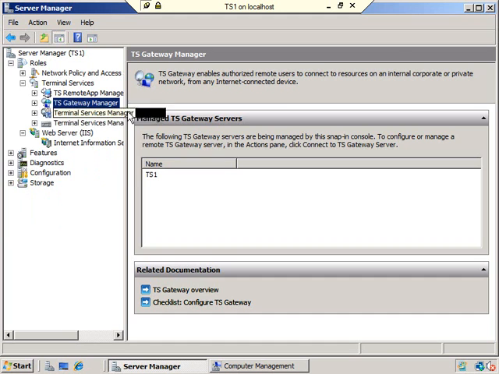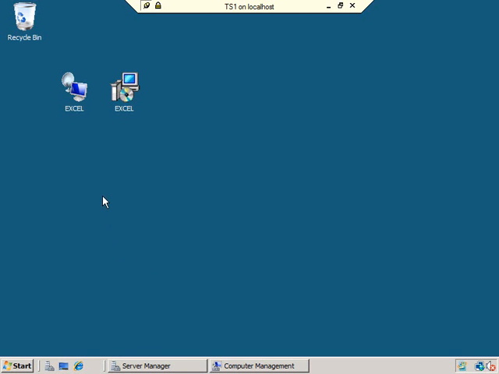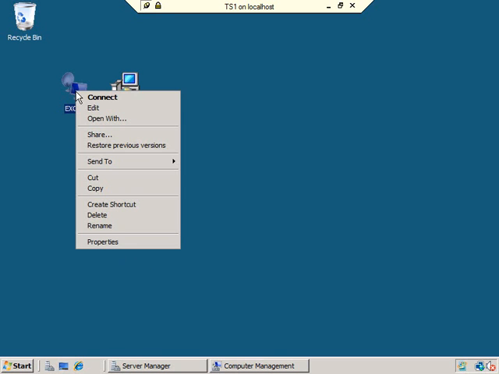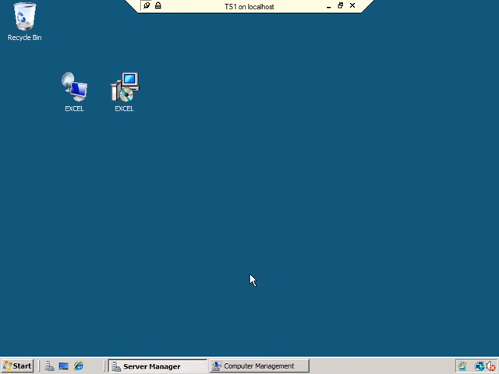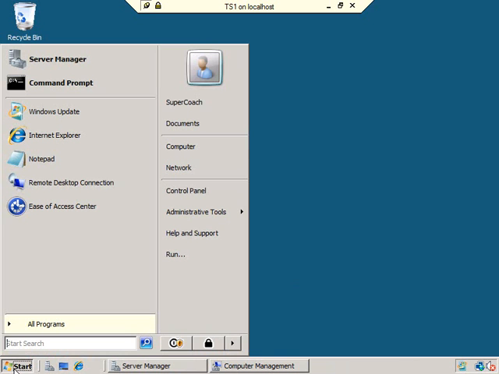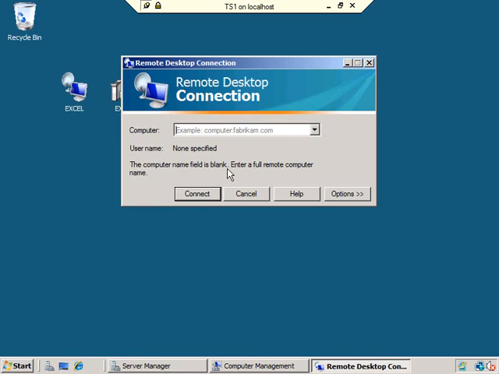All right, real quick, I want to show you now what it will take in order to configure a remote desktop protocol file to use the gateway services. Rather than use this Excel file, because with this RDP, when I go to edit, I don't really get any options that I need. So what we're going to do, I'm going to go to the Start menu and use the regular remote desktop connection instead. And we're going to put in here